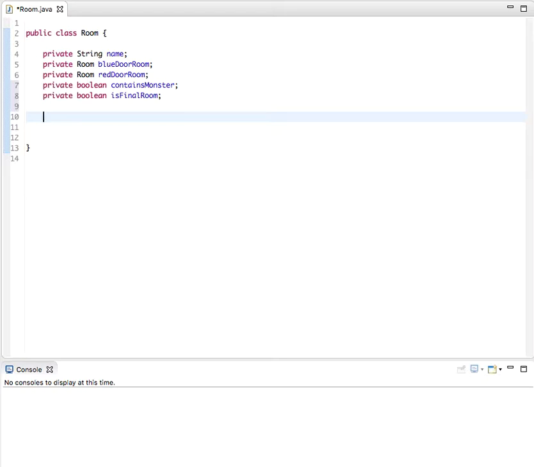If any of these field declarations aren't familiar to you, obviously go back and look at earlier videos where I talk in more depth about what's going on here. 1.2, a player has a name and the number of lives left and the current room which they are in at any point. But first of all, let's set up the constructor here. So public Room, String name, Room blueDoorRoom, Room redDoorRoom, boolean containsMonster, boolean isFinalRoom,